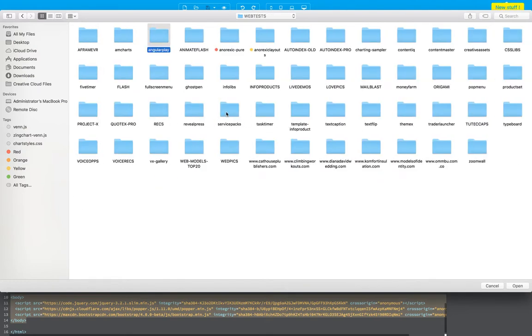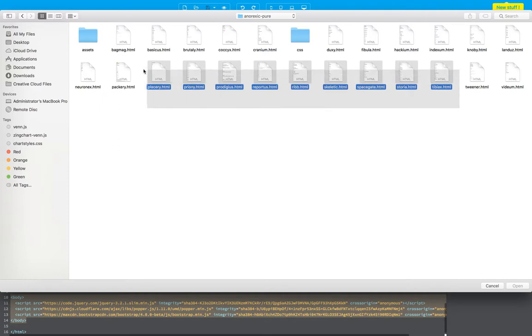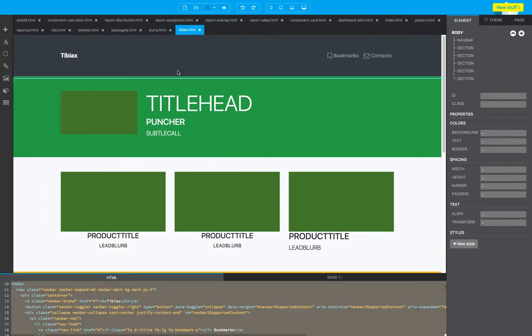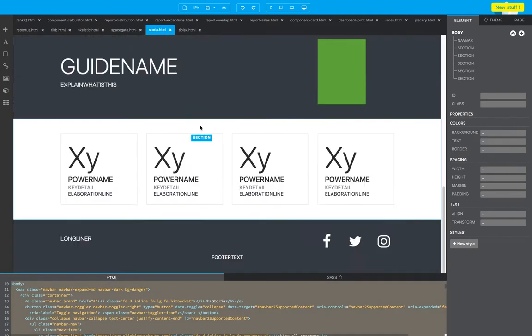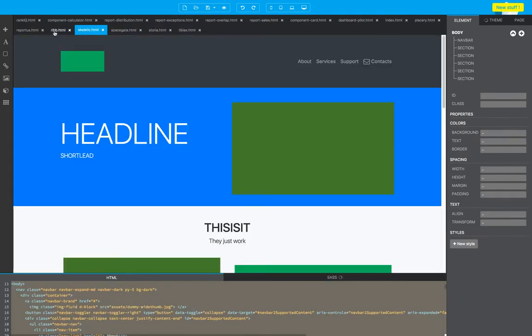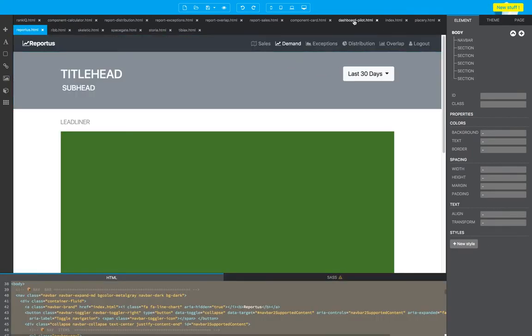Let me just find it. And I'm going to show you a few templates from this kit called Anorexic Layouts, which you can download from the web. So let me just show you how this kit looks. Just boilerplate, simple, minimal, responsive, reactive, performant page templates. So again, I open all these templates and I'm going to work on this one, which is called index, okay,